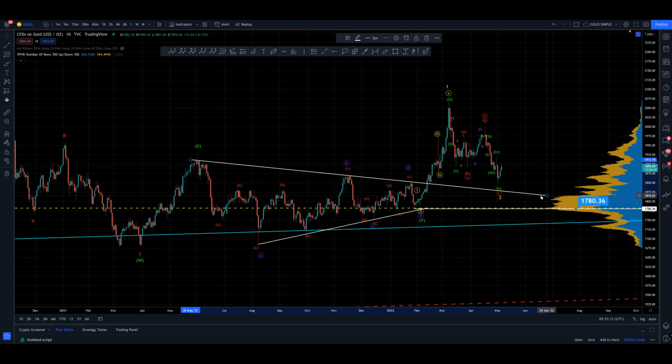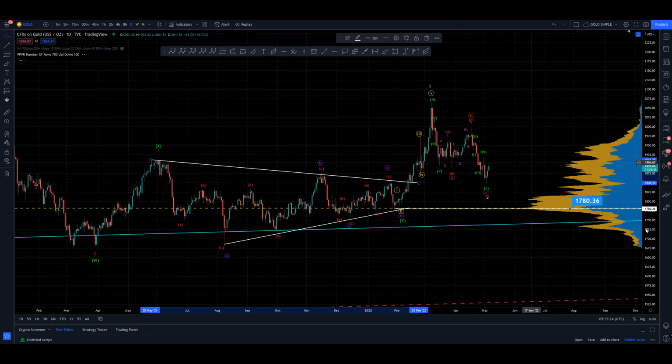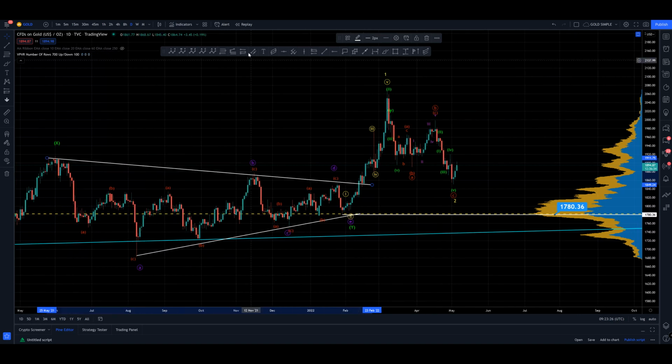Now, we don't have to, but it's quite common for a triangle pattern having broken out for the prior resistance to become support. That just tends to be a rule, whether it's a trend line of a triangle or horizontal support. It's very observable. So far